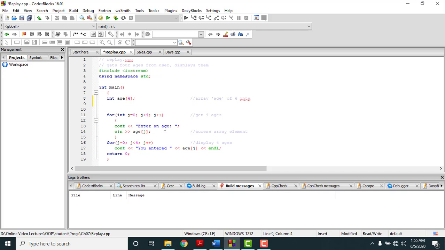Right here we have a statement which will be displayed on the console, and it will ask you to enter an age of a person, and whenever we enter an age, that means we'll enter a number, and that number will be stored at J0. That means initially the value of J is 0, therefore the first value that we enter will be stored at